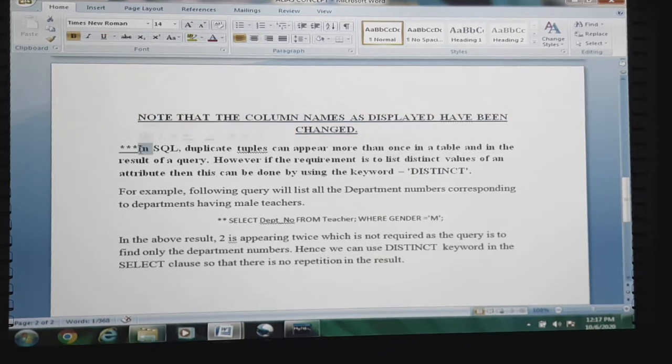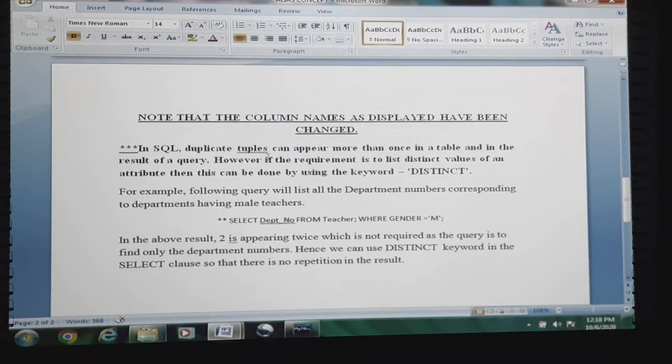Duplicate means more than once, correct? So whenever there is a need for insertion of a tuple more than once, that is also known as duplicate tuples, and in the result of a query also, while inserting the tuples, we need to insert them as duplicates. It should be displayed in the result of the query as well. So how can it be achieved? One more thing is there.